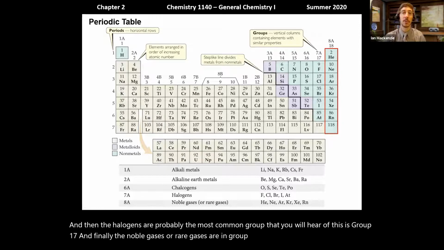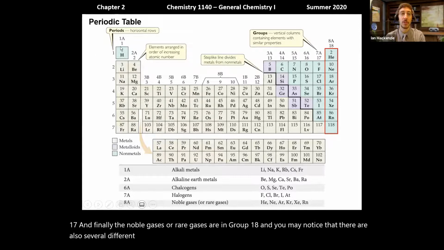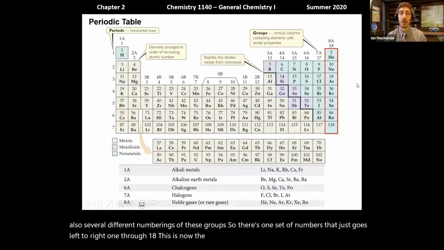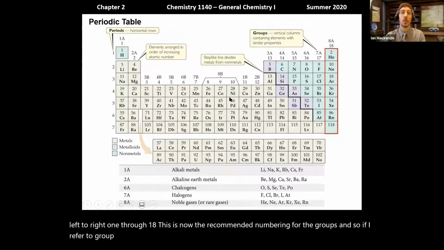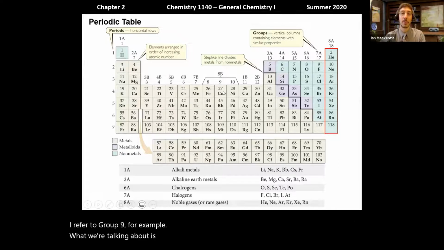And you may notice that there are also several different numberings of these groups. So there's one set of numbers that just goes left to right, 1 through 18. This is now the recommended numbering for the groups. And so if I refer to group 9, for example, what we're talking about is this one with cobalt, rhodium,